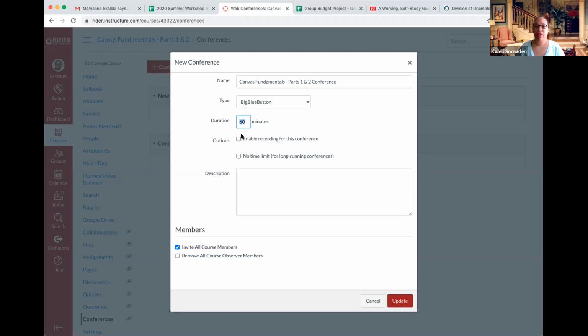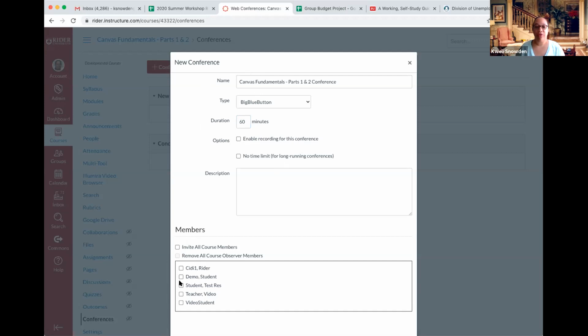So if you're interested in recording and you need that recording to be available indefinitely, you would want to use Zoom instead. When you're creating a conference, you can automatically invite everybody, or you can invite an individual student. So if you needed to have a one-on-one meeting with a particular student and answer questions live, you didn't want to do email, you didn't want to do discussions, you could set this up to meet with a particular